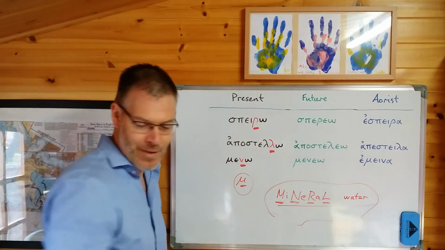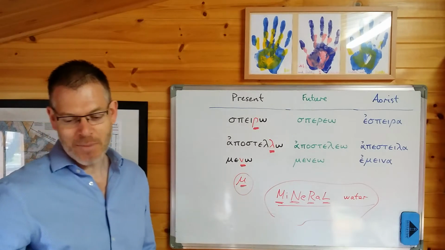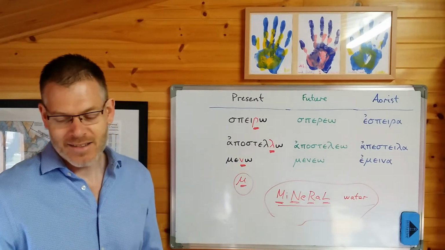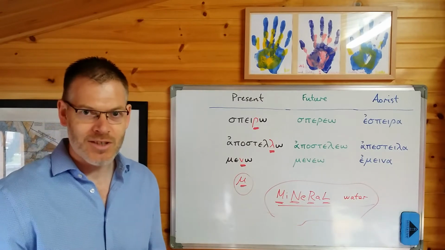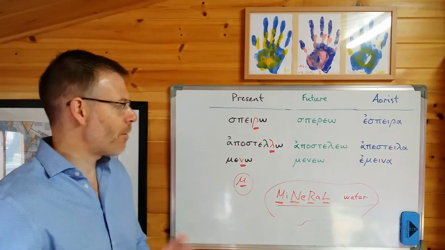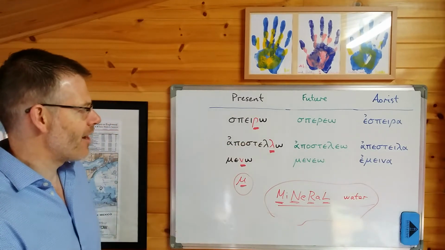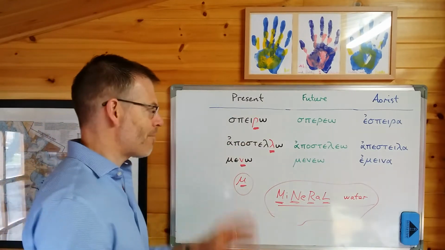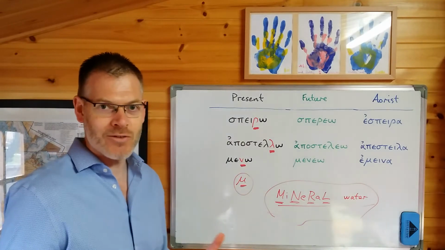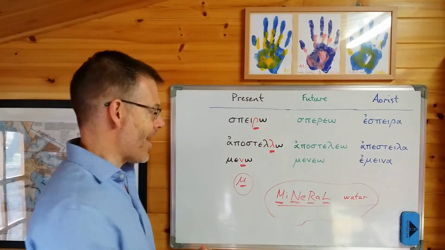We haven't got a mu one on this page here because Duff has only put the most common ones there. And there are a few others which are rare, but you'll soon get the hang of how the future and aorist are formed, so you'll start to spot them. Now, let's see what happens when you go into the future. The key thing to remember is, apart from this change to the stem, the other rules are all followed in the normal kind of way.